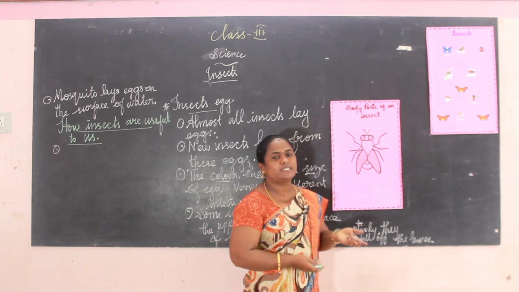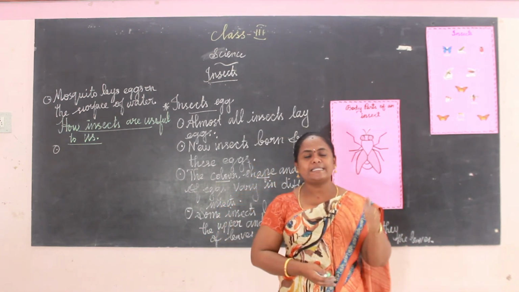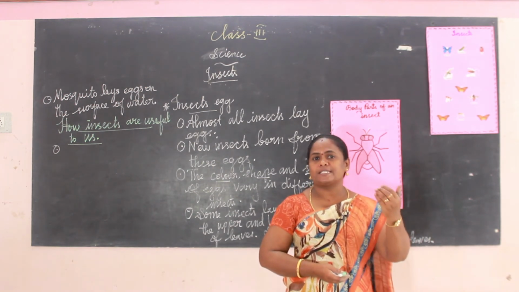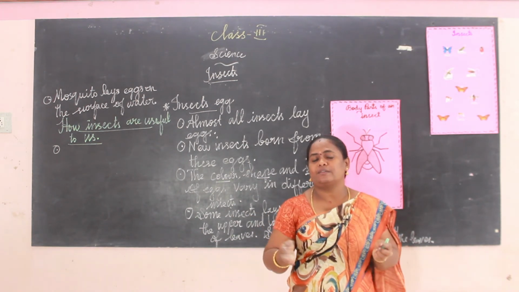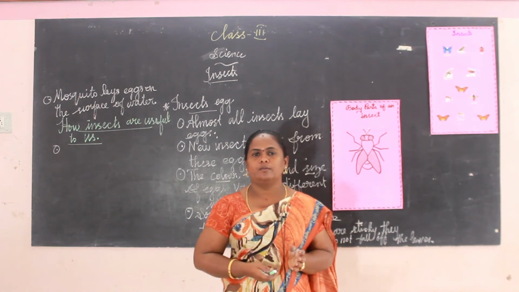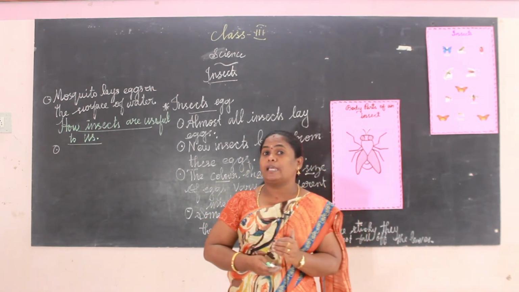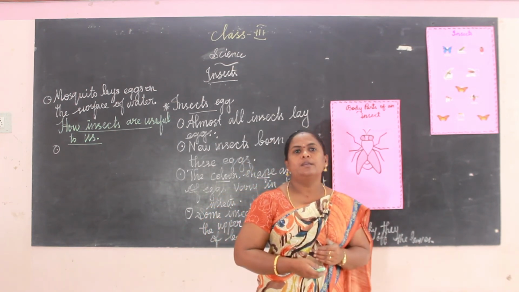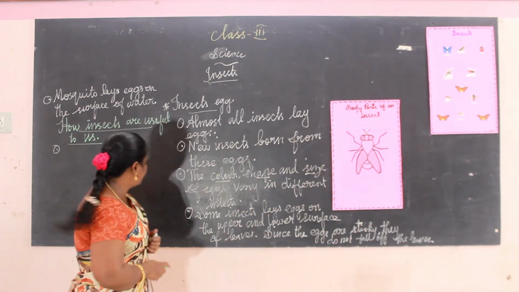And then the next one is the lac insect. That is also an insect. Lac is used for making ornamental items, beautiful things to keep in the showcase at home, and our jewelries. Lac is used for ornaments, and also for chemical dyes, as a coloring agent, from the secretion of the lac insect. So many insects are very helpful to us.